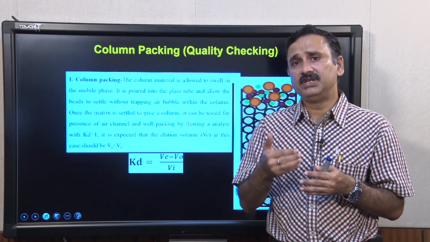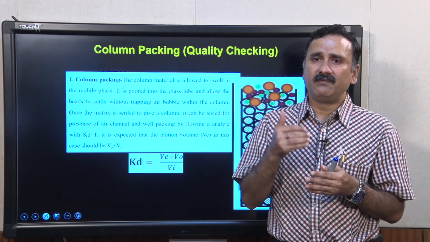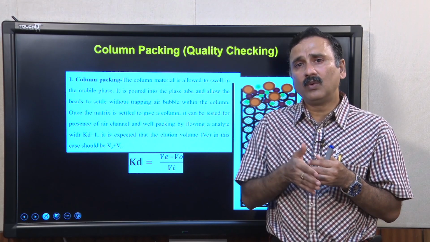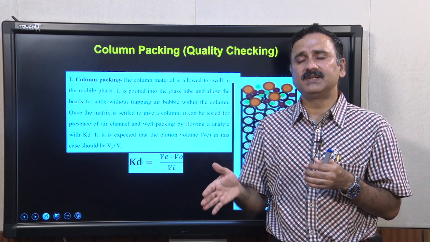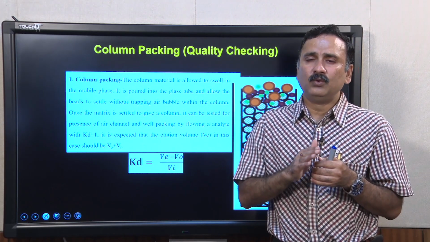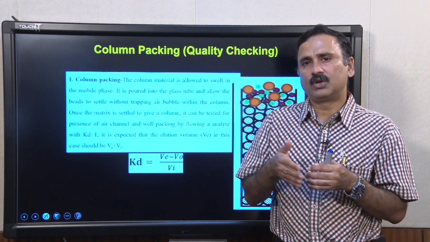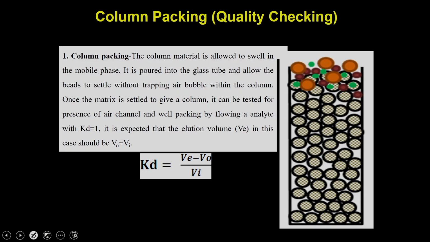You should be able to calculate the different parameters related to a gel filtration column, and those parameters should be okay with the standard columns. So, what are the different parameters?